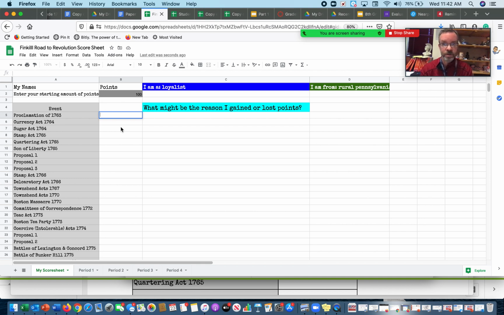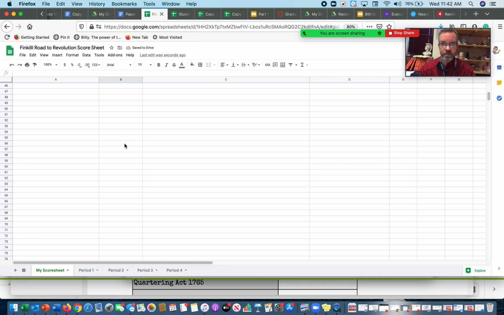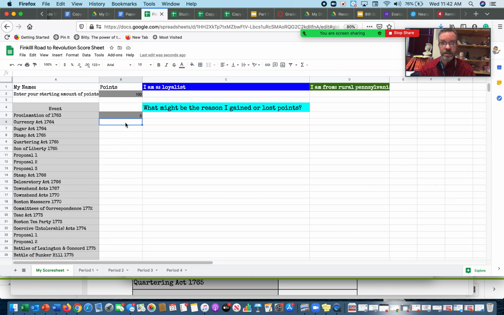So what you're going to do is add in your points. So let's say Emma gained 5. Just type 5 in there. Click on it. Turns gray. And it's actually going to keep track of your points at the bottom. So she's got 105. If you happen to lose points or don't gain anything, just leave it blank.